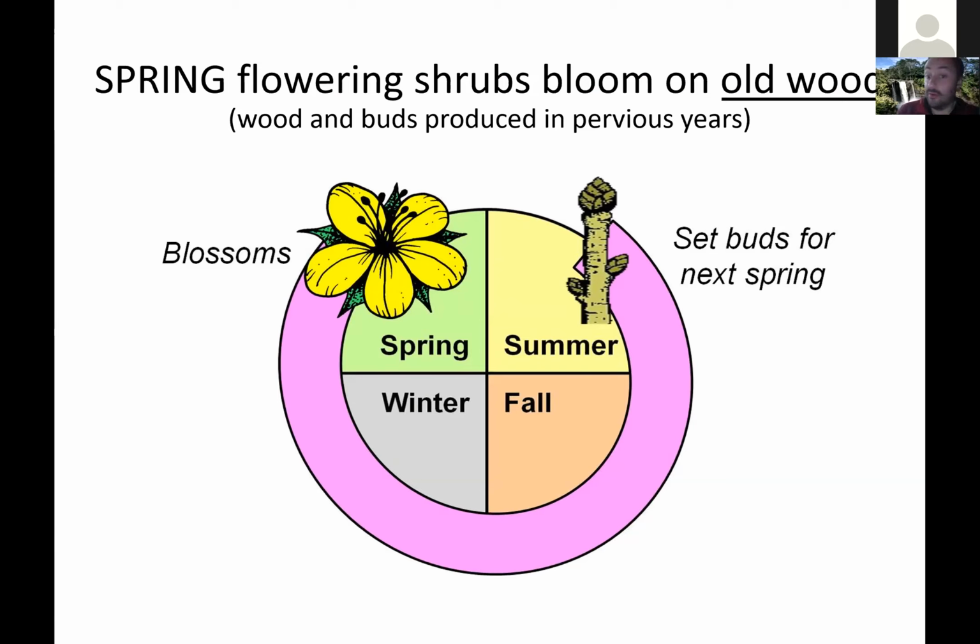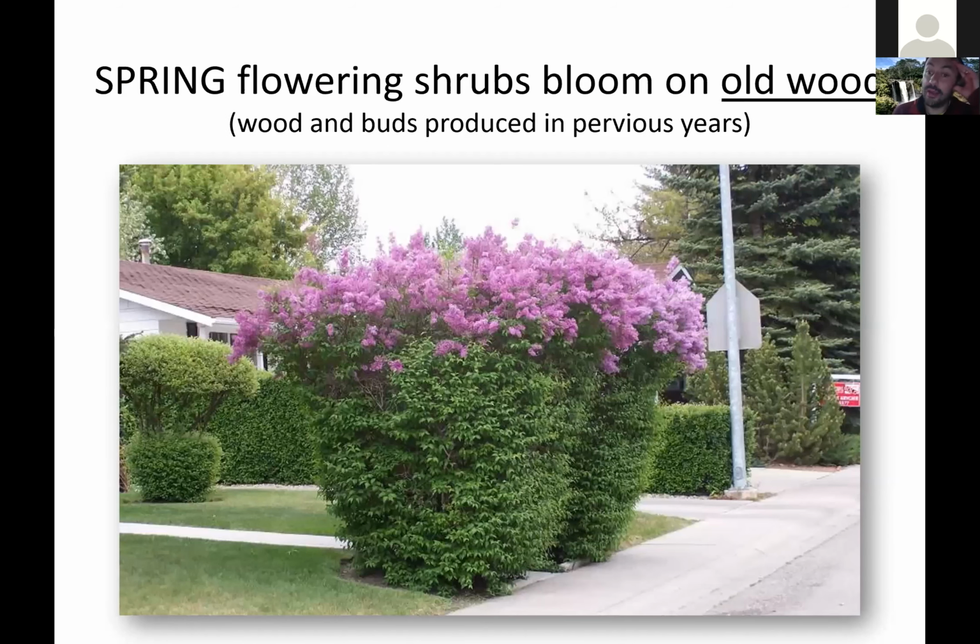And so this picture illustrates spring flowering shrubs pretty well, right? This is a lilac, and what's going on here is that obviously they're shearing it to keep it out of the sidewalk and the walkway. And when they do that, they're taking off all the flower buds that are produced. So the next spring, there are no flowers down there because the buds all got sheared off and taken away to the compost bed or the landfill or something.